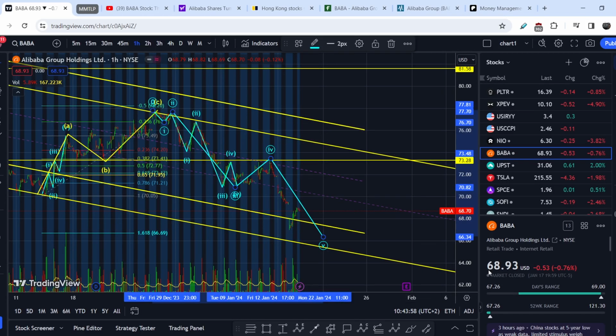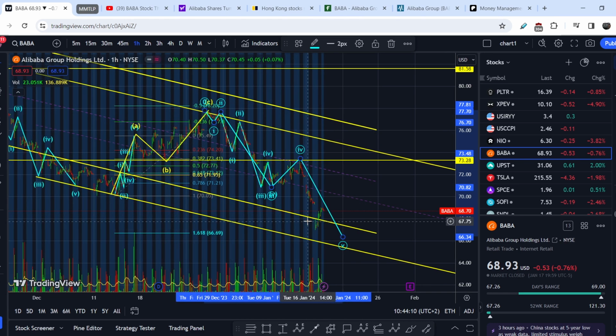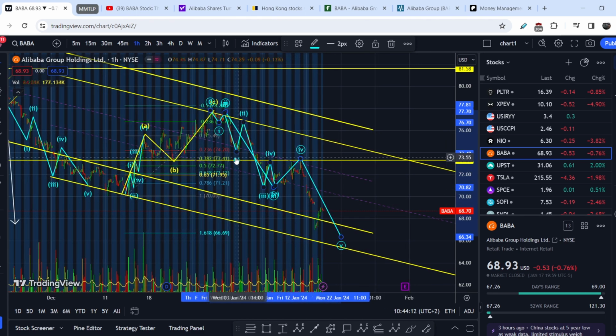And here you can see the real price action, the current price of this asset. We are at $68.93, and I made my previous video at this very point. And here you can see how thorough my technical analysis is. And guys, I have to admit that I made a lot of predictions that came to fruition back in the days on the majority of assets, and definitely my win rate is not 100%, and I admit it.